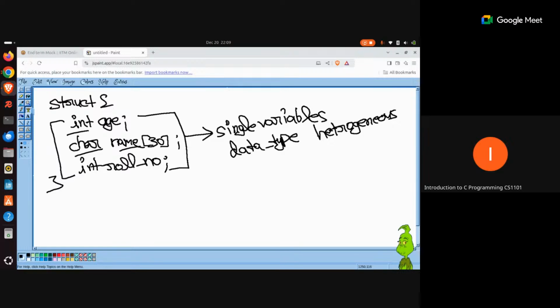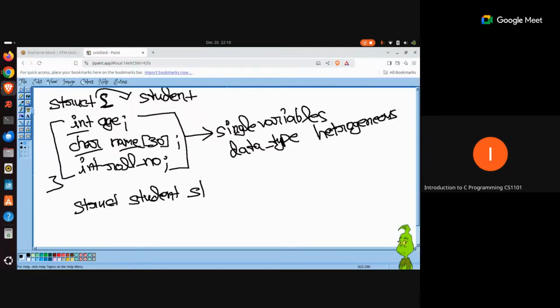The way you would work with it is, let's say you have written this and you would name this as an entity. So just before this struct and this curly brace, you would have to write some name. Let's say I'm writing it as student. Now, how would you create a variable for this particular entity that you have created here? In the code, you would write struct student S1.